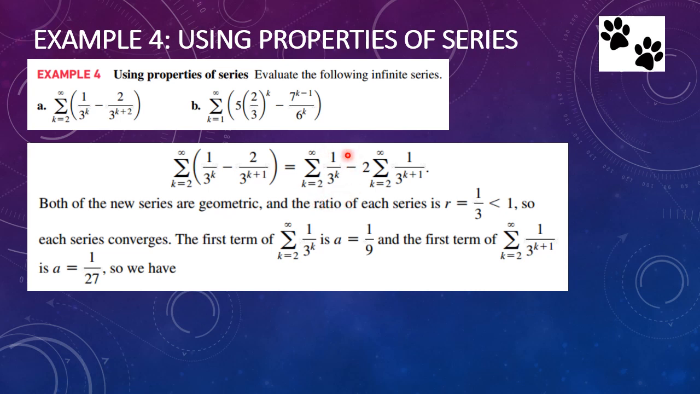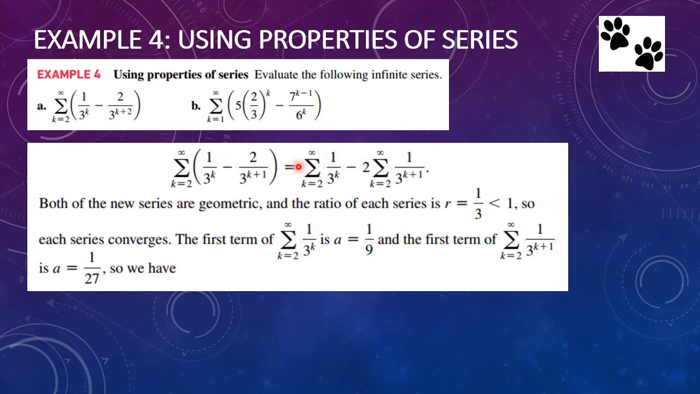So I can see that this first one is 1 over 3 to the k. So that's quite clear that the ratio is 1/3. When I look at the second one, if I pull out the 2, which they've done here, then I have 1 over 3 to the k plus 1, which again is a geometric series with the ratio equaling 1/3. Since both of these are fractions less than 1, both of these series converge,